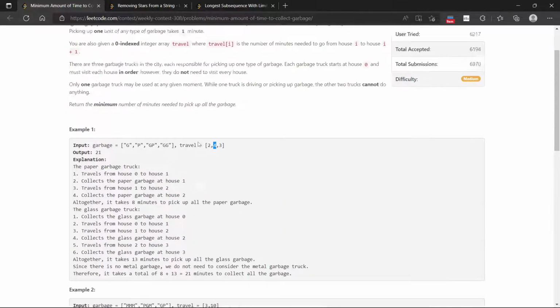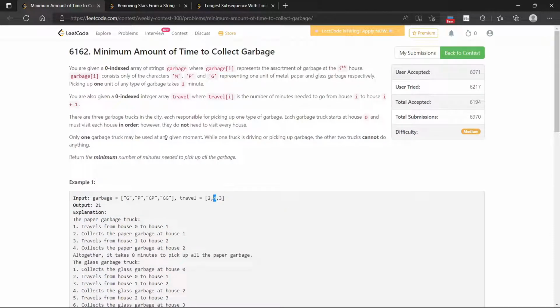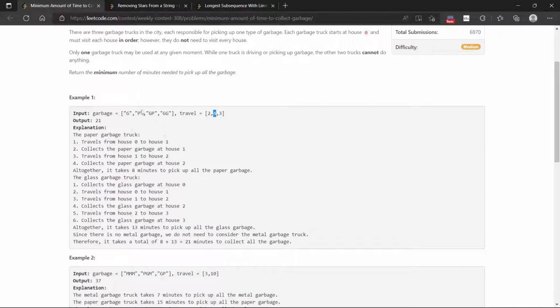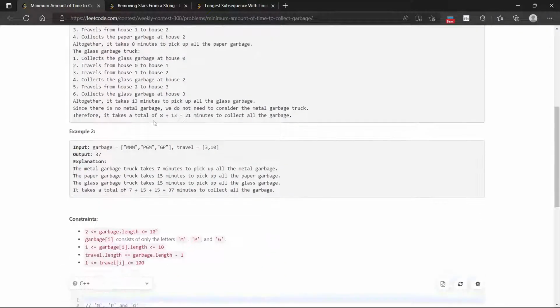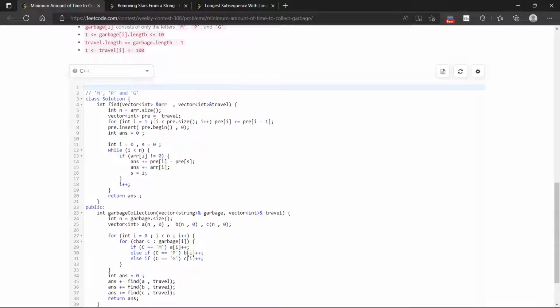So what we can do is, since all the trucks are independent of each other, we can just calculate the time used to collect a particular type of garbage independently. So you can just calculate the time taken by this type of truck to collect all garbage from all the houses. Similarly, we can independently calculate the time taken to collect garbage of type P, and similarly for type M. So what I did was